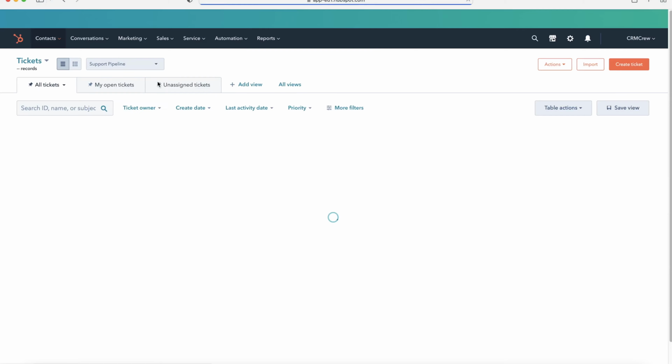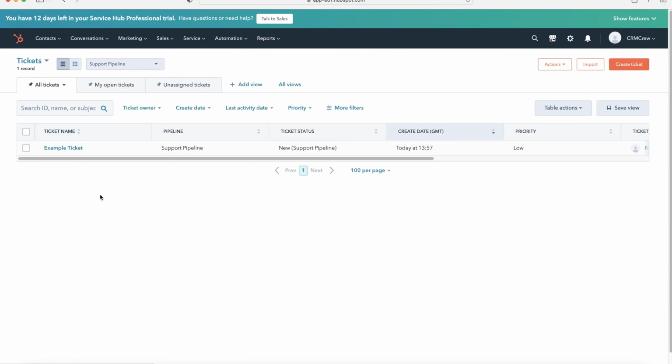So we'll press back and we'll go to our tickets area. Now, as I mentioned, this is the list view, but we also want to go to the pipeline view, as I personally believe that is the best way to manage tickets inside of your HubSpot system. So if you go to the top left-hand corner here and you've got the dotted button,